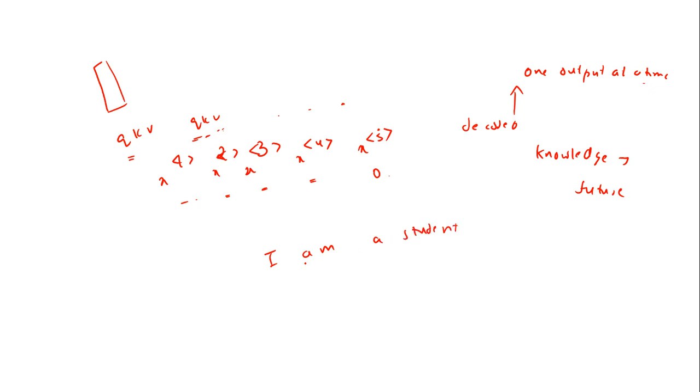But whenever you are in a decoder, our decoder will predict one output at a time. So it does not have knowledge of the future predictions, right? If you are writing "I am a student", in the encoder layer you are giving "I am a student" at the same time. But in the decoder, suppose it is converting into Telugu, we'll call it Nenu Oka